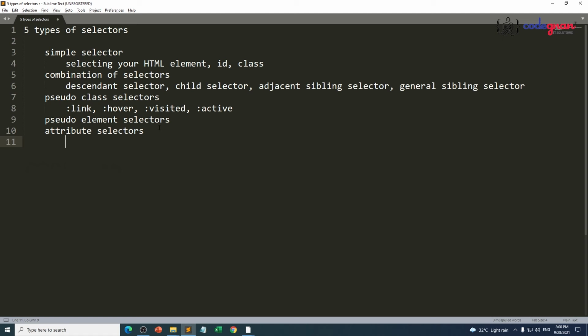So attribute selector works based on the attribute and attribute value of a particular element you select. Like for your anchor tag, if the attribute target is present, then only you can apply a particular styling. And if your target attribute has only a keyword called link, then only I apply this particular styling to this element. Like that, we can select one element and apply the styling based on the attribute value.